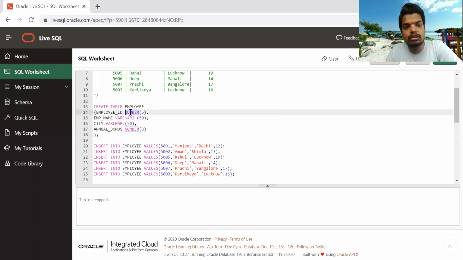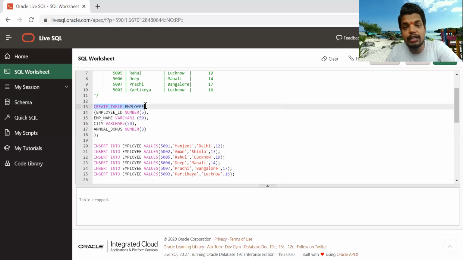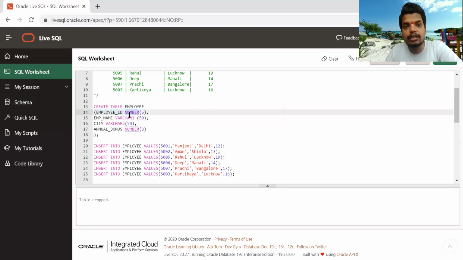First of all, I'm explaining this: create table, then the table name, which is employee. Then within the parenthesis we mention the column names along with their data types. We mention a column name and then its data type. The data type is number, and we have explicitly mentioned the size.